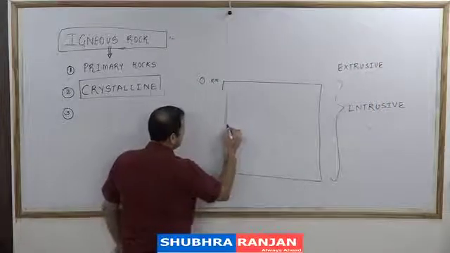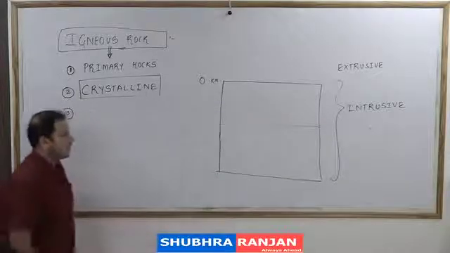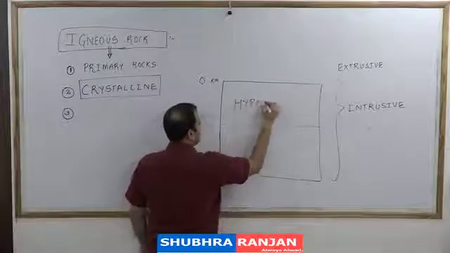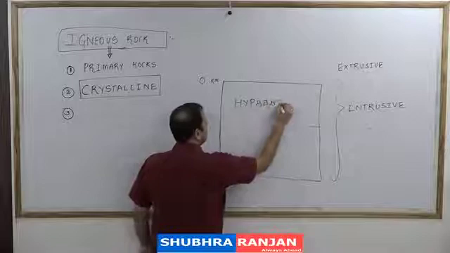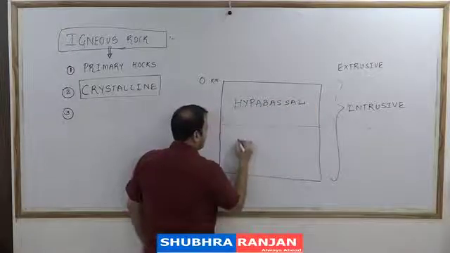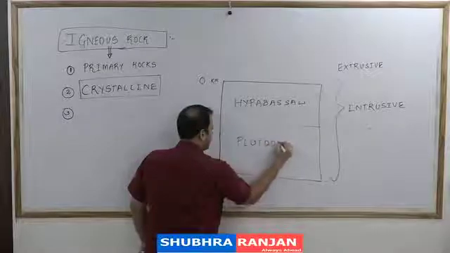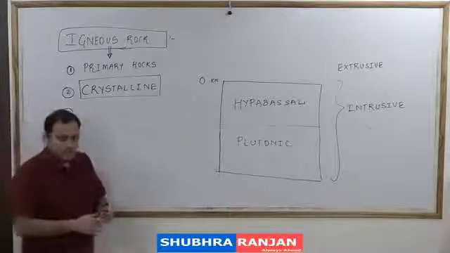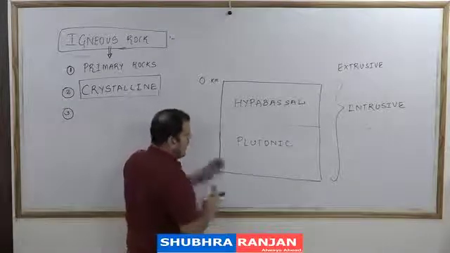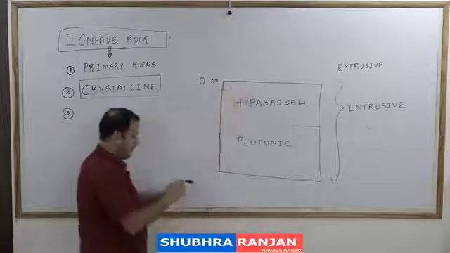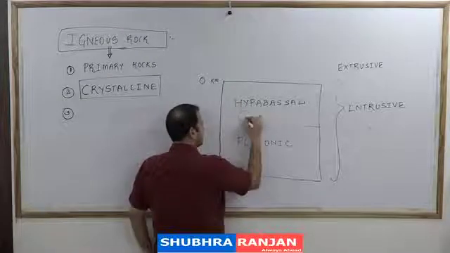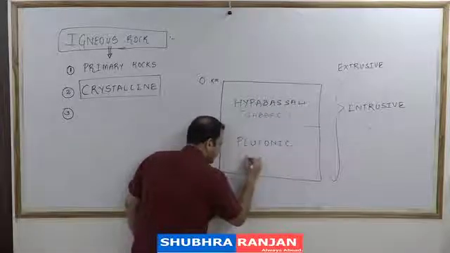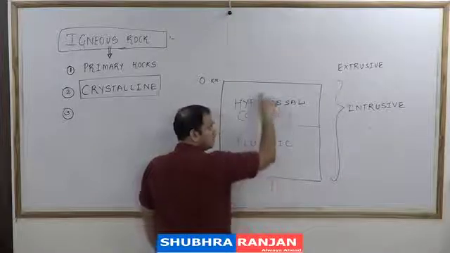The intrusive igneous rock is further classified into hypabasal igneous rock, which is found nearer to the earth's surface,